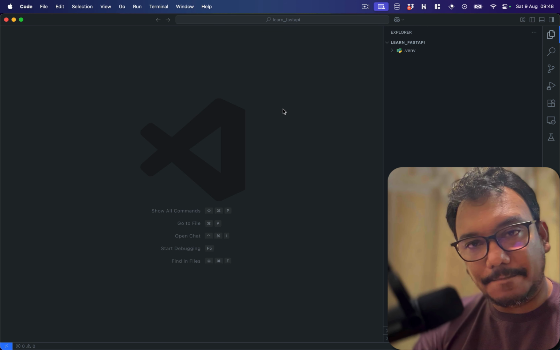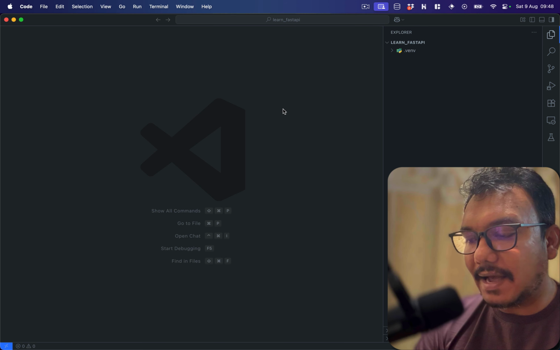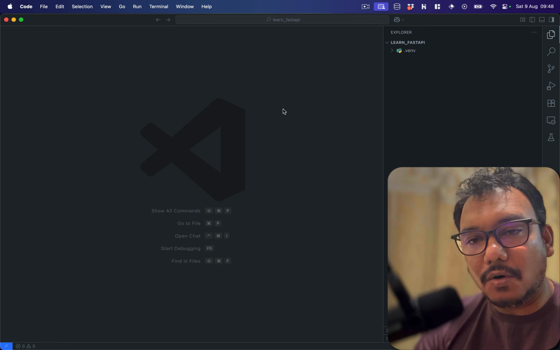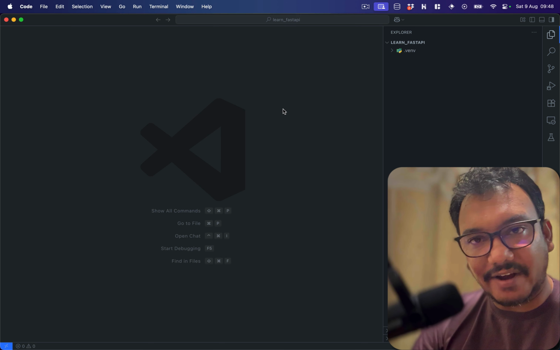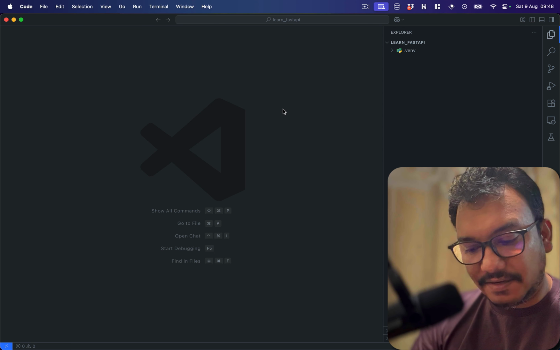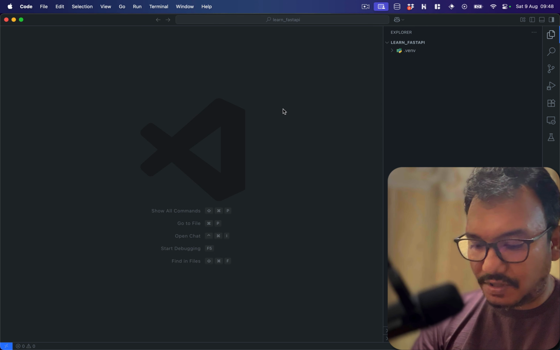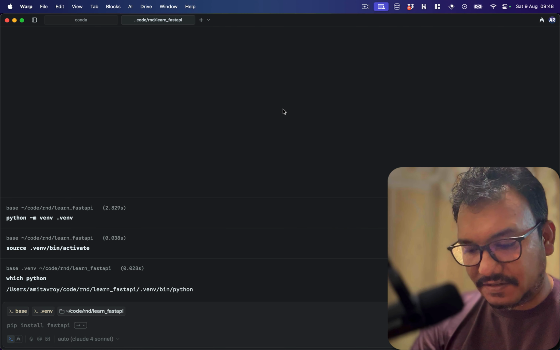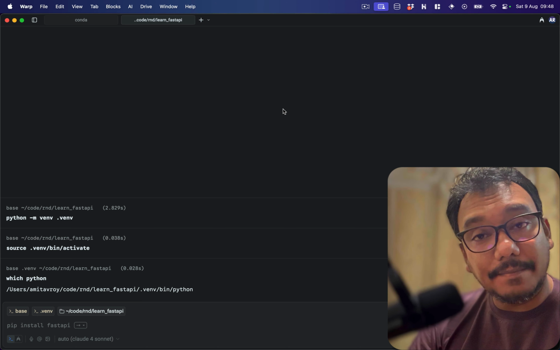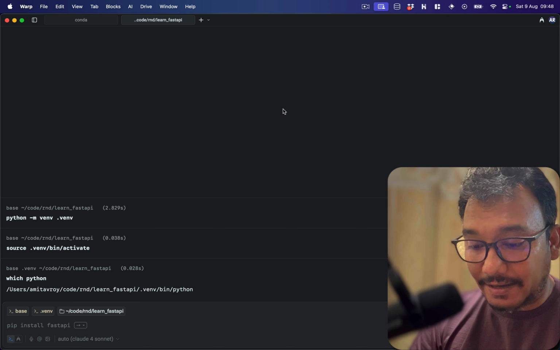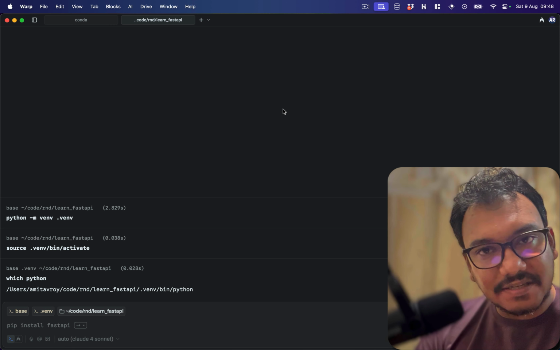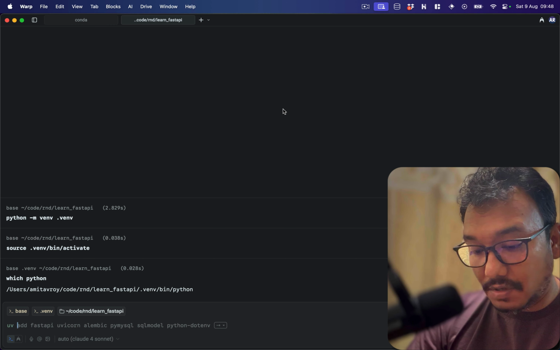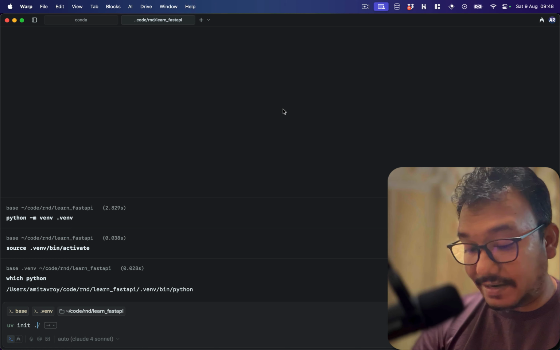So we have our virtual environment in place, and now let's look at how we can get some of the required packages in this virtual environment. Some of the packages that we will need for this tutorial to work is obviously, oh, by the way, I will be using uv and not pip. There are some definite advantages of uv. I'll show you. If I do uv init and then a dot,